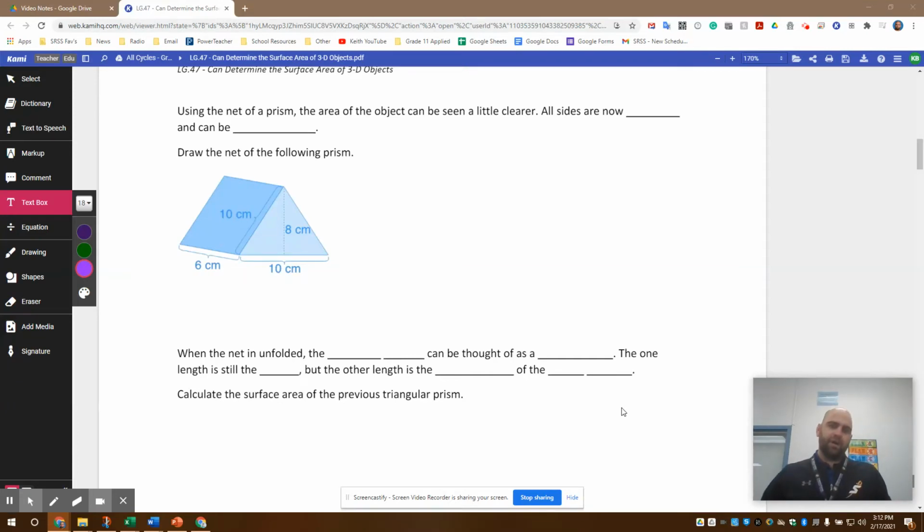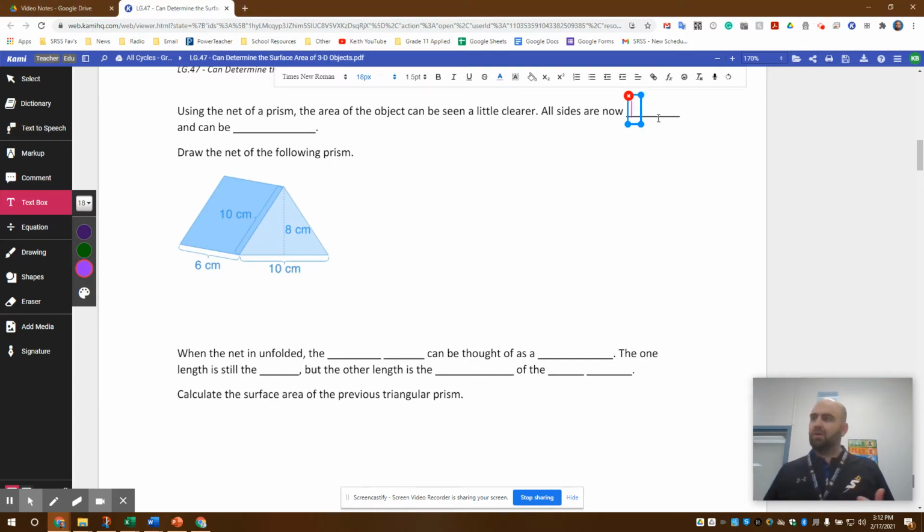So we took a look at how to find the surface area of a rectangular based prism. What happens if we have a different sized base, or a different looking base? In this case here, we have a triangular base, and so we would call this a triangular based pyramid, or sorry, prism. Now again, when we're using the net of a prism, the area of the object can now be